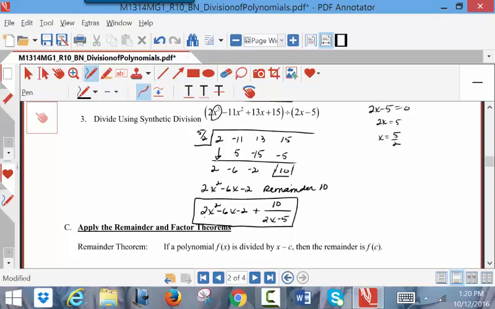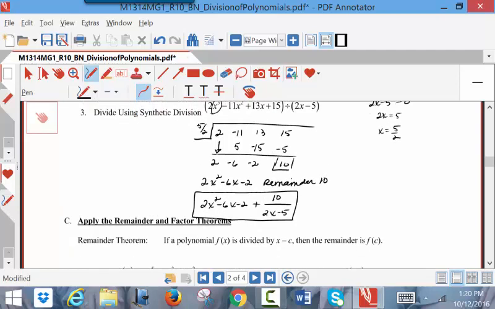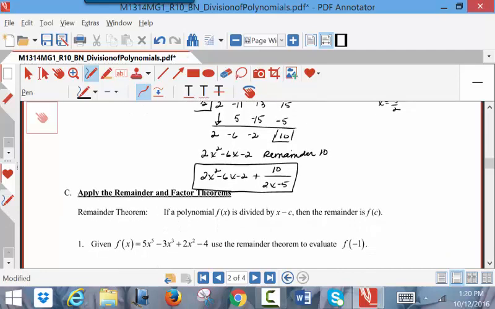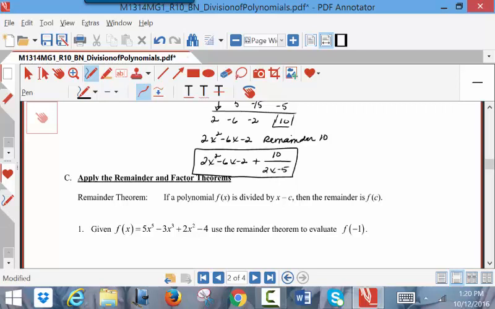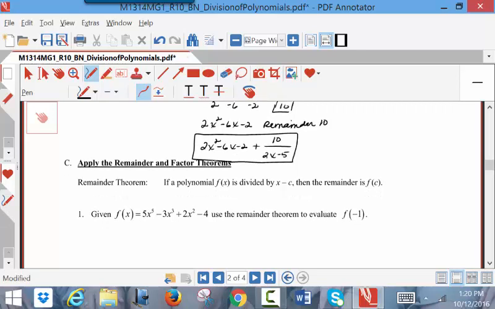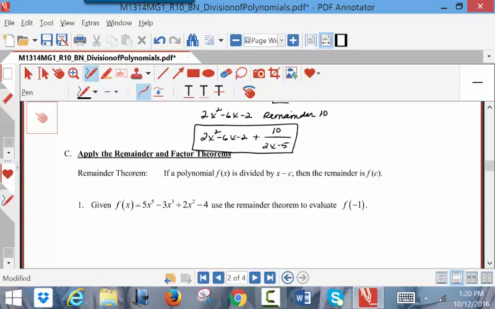Okay, so you have to remember multiply, add, multiply, add, multiply, add. And you get really fast at this. Okay, so then it says, part C, let's talk about the remainder and factor theorem. Okay, the remainder and factor theorem. So they've got this really cool thing that says,